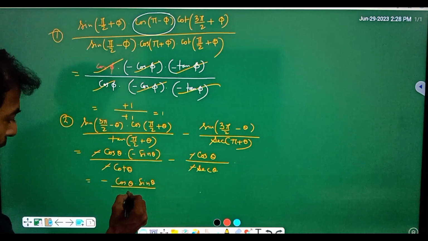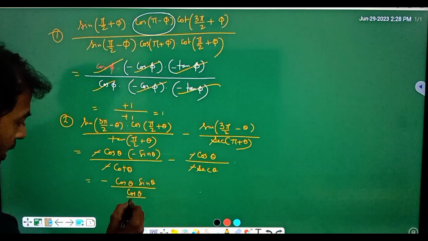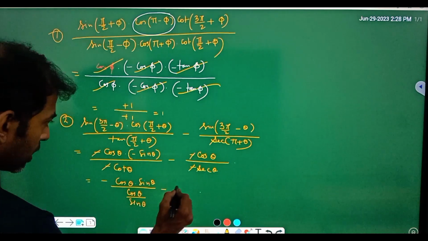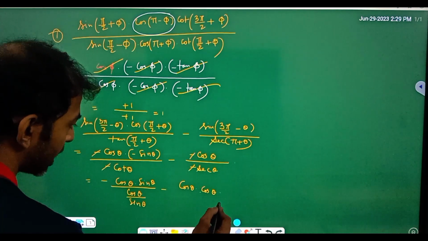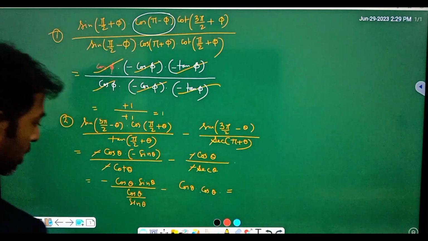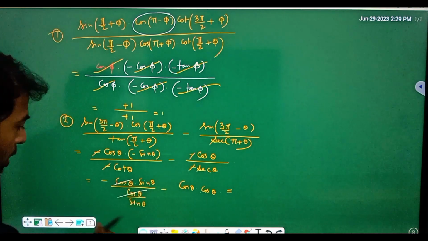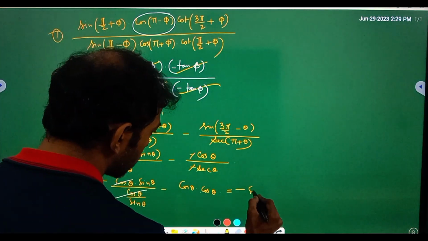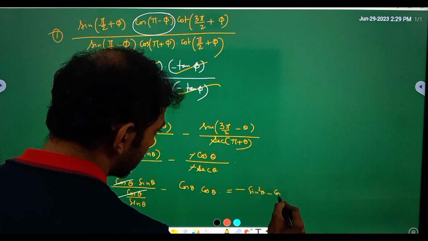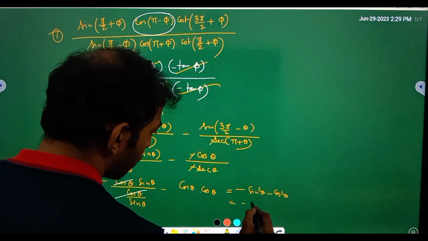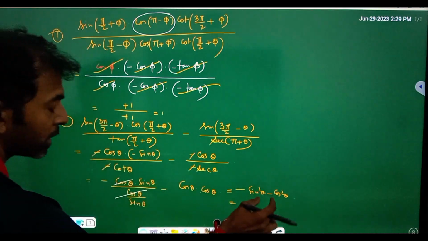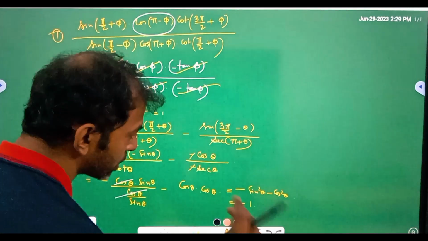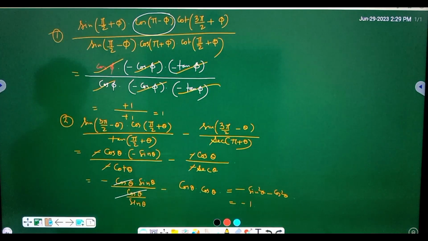If we break cot theta as cos theta by sine theta, and this one as cos theta into cos theta, because sec theta can be written as 1 by cos theta, so cos theta cancels here. So total result will be minus of sine square theta minus of cos square theta, and that's going to be minus of 1, because after taking minus 1 common, I'm getting sine square theta plus cos square theta, and that is always 1, so that will be minus of 1. So that's our second problem for today. Next, the third problem is